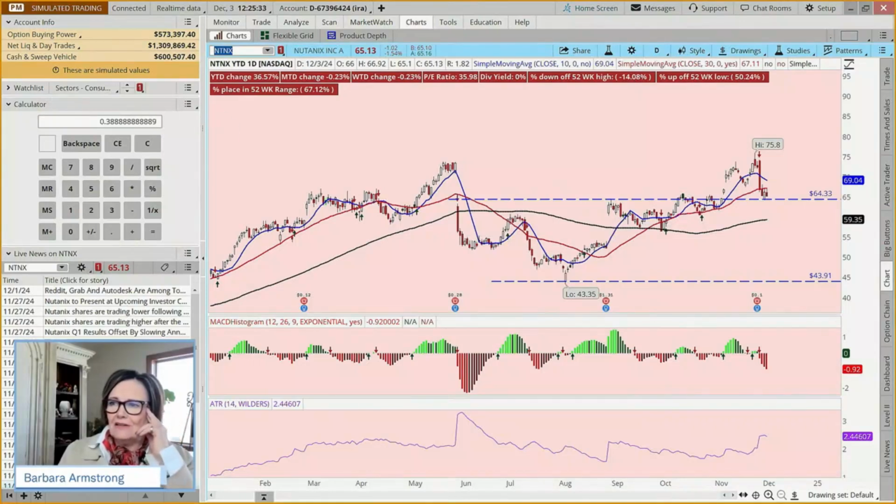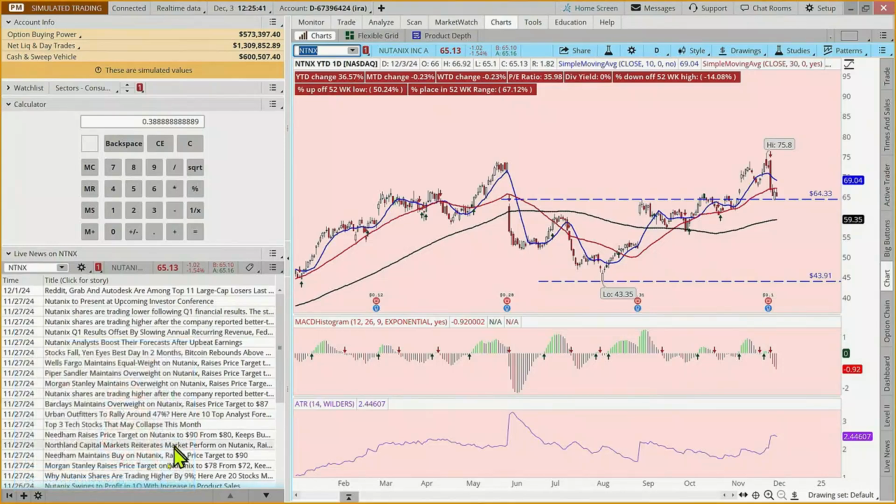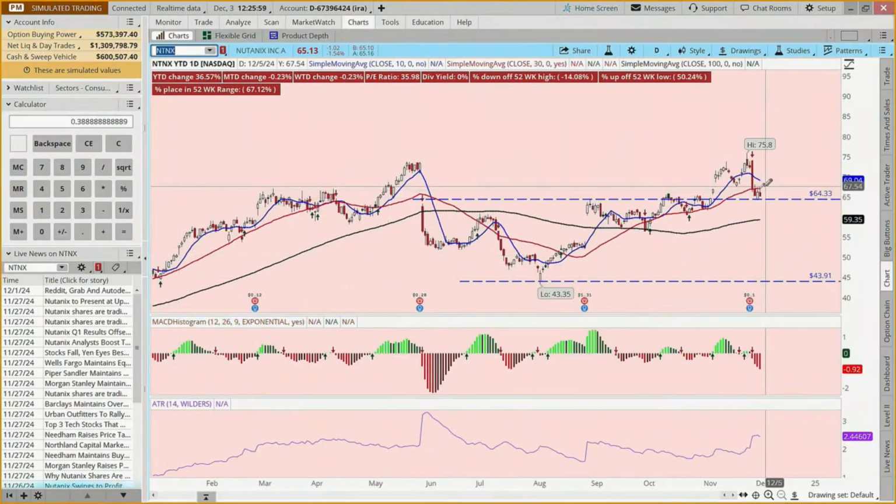And you can come down here and look at our analysts raising their targets on this. And this is where, when you see a pattern, you then might go and do some digging. Okay, Needham is raising their price target to 90, and Morgan Stanley's raising their price target, and Barclays is raising their price target, et cetera, Wells Fargo, Piper Sandler. And so the analysts seem to be bullish on this, but yet today it was up earlier, and it's now down a bit.